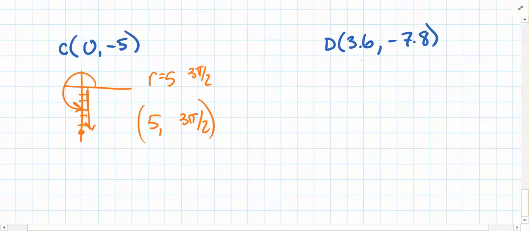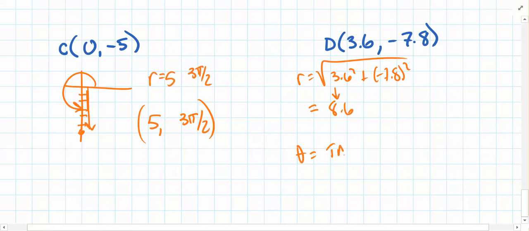Okay, and then last one here. Look, I have 3.6 and -7.8. I would definitely use the calculator for this one. So I go, okay, r is the square root of 3.6 squared plus (-7.8) squared. When you do all this, you get about 8.6 in the calculator, so check that to make sure that's what you get. And then to get the theta, we would do the inverse tangent of -7.8 divided by 3.6. When you run this through your calculator, you've got to be in degree mode, and you would end up with a